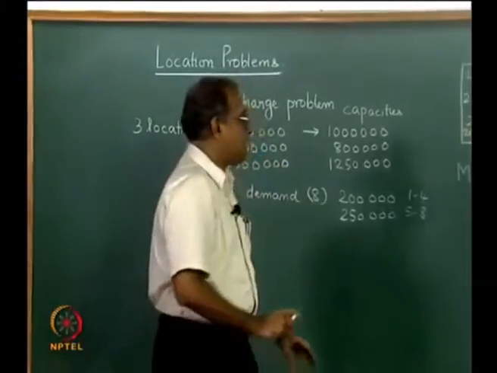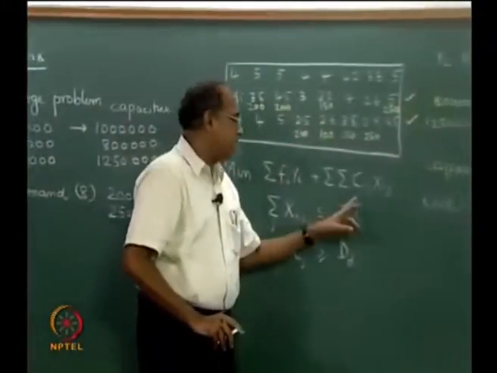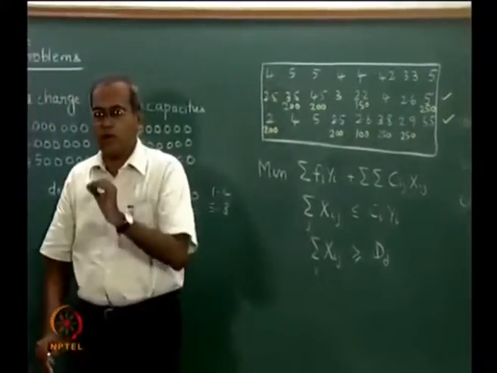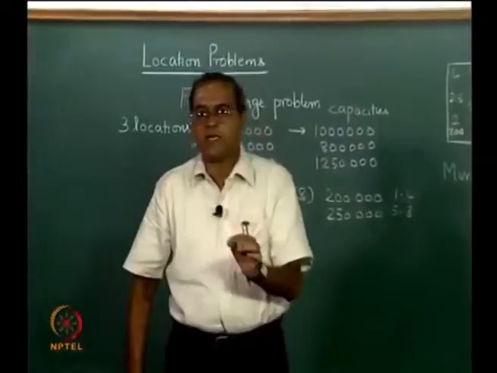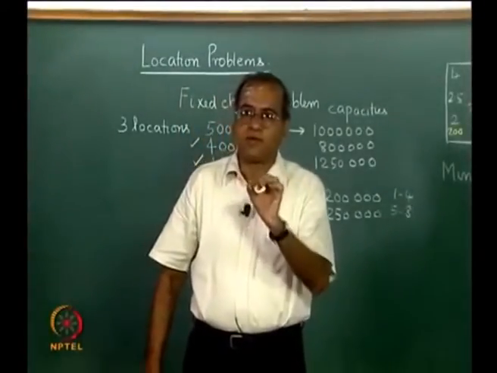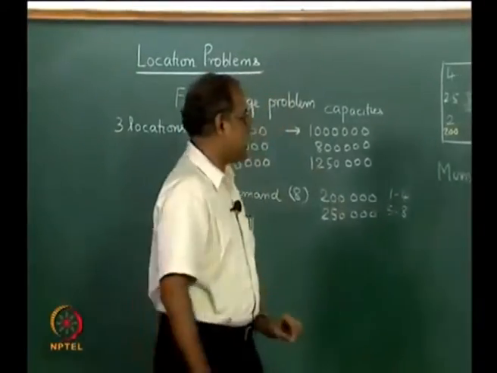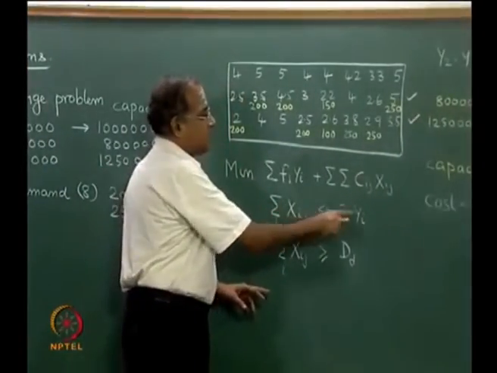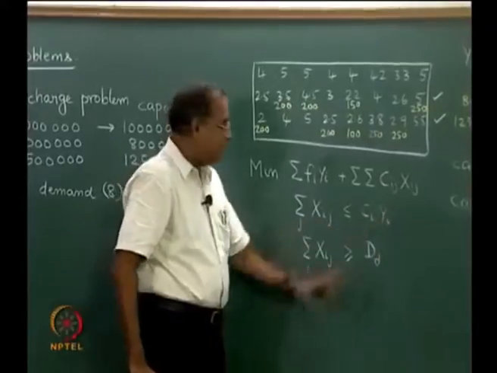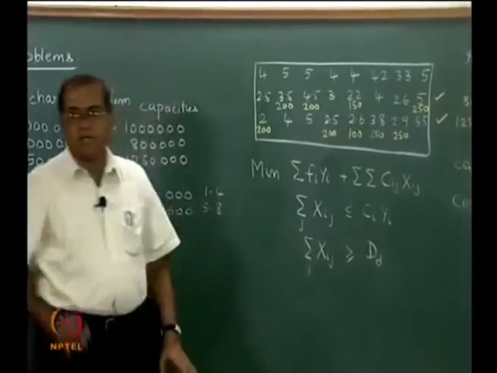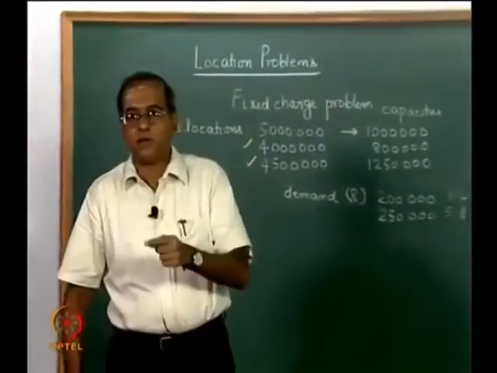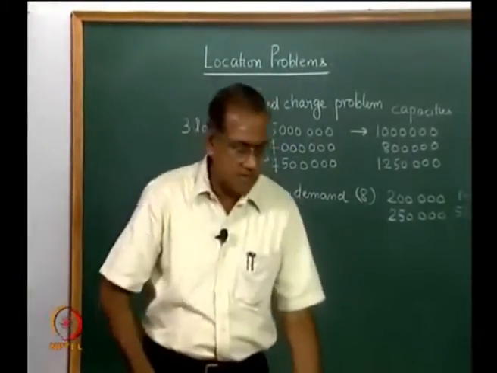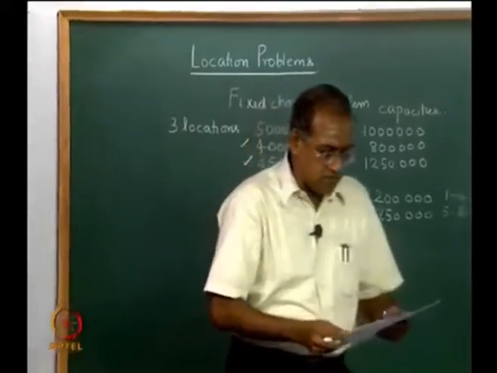So, if we put an additional restriction that the entire demand is to be met only from one supply, we have seen the formulation for that. We have said Cij, Dj, Xij, where Xij equals 1 if facility i meets the requirement of demand point j. And we also said in this case that Dj Xij should be less than or equal to Ci Yi, and the sum of Xij should be equal to 1, so it comes only from one facility. We have already seen this formulation in the previous lecture. We will now show only the solution to it.